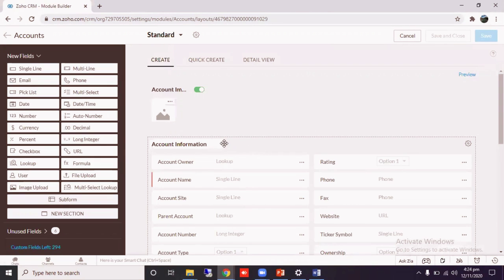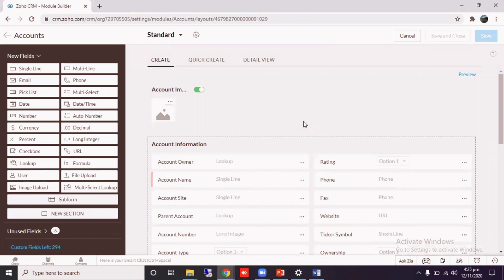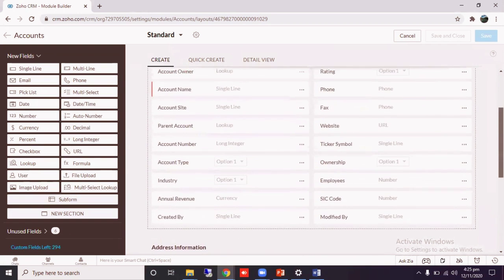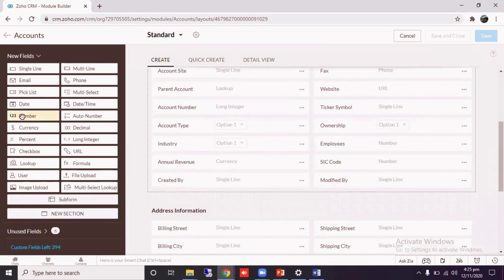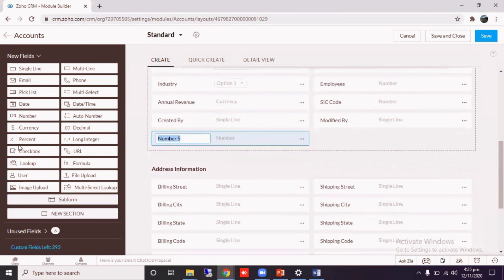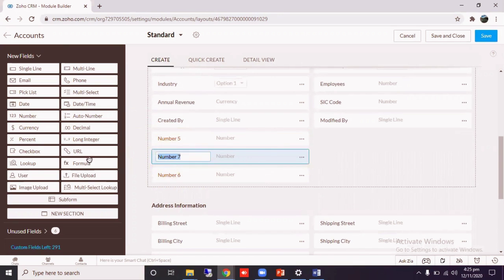and this is the layout setting. Here you can see the new fields, functions and formulas, lookup values, checkbox. You can see the different controls here. So we are going to create number fields. First, click on number and drag and drop. This is a simple drag and drop UI. So drag 4 fields